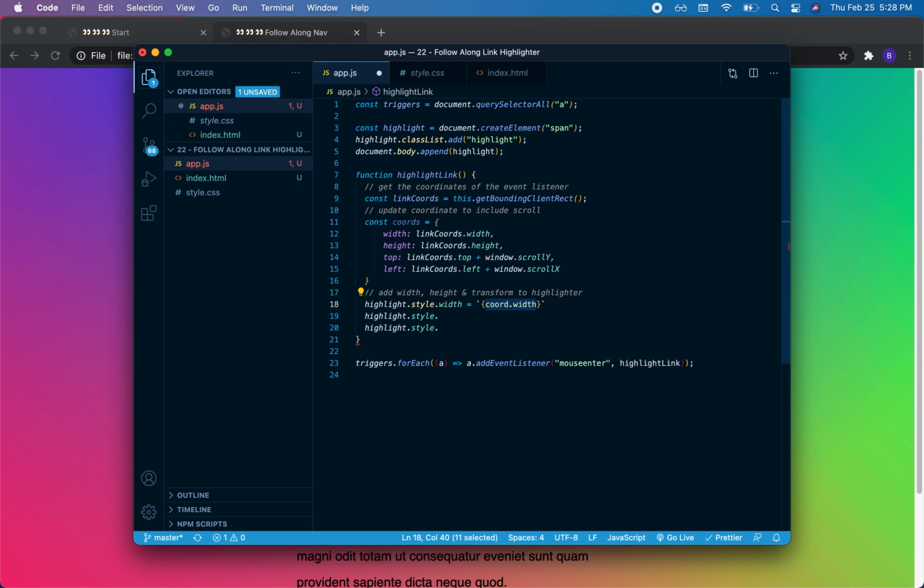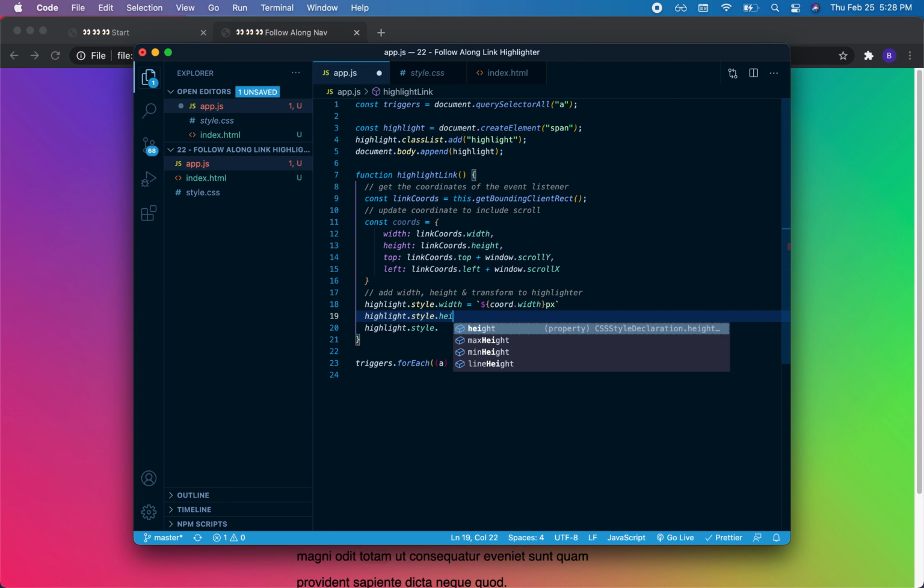One thing with interpolation here that I've noticed is I do forget the suffix for my CSS properties, and then I'm wondering why nothing is working on my page. So what I mean is, if your CSS property needs to take pixels, add pixels. That's all. So then height is equal to backticks, and this is going to be